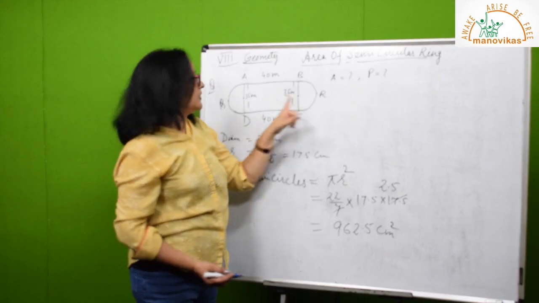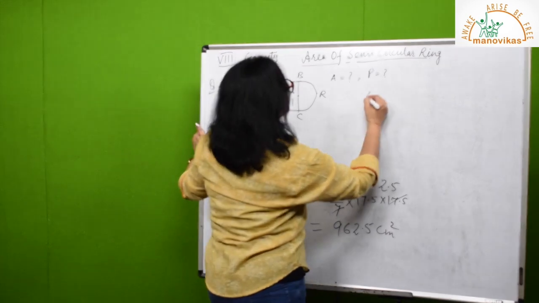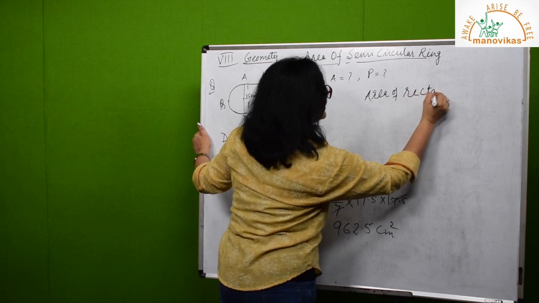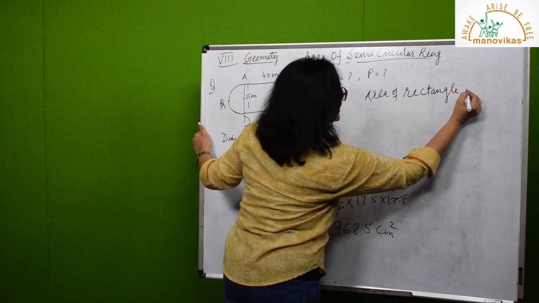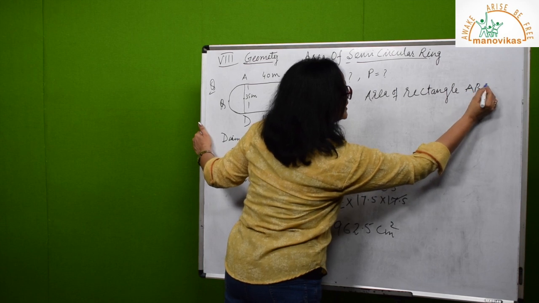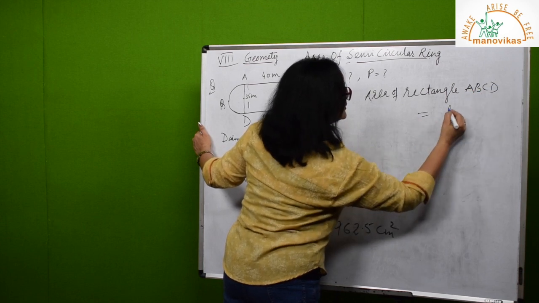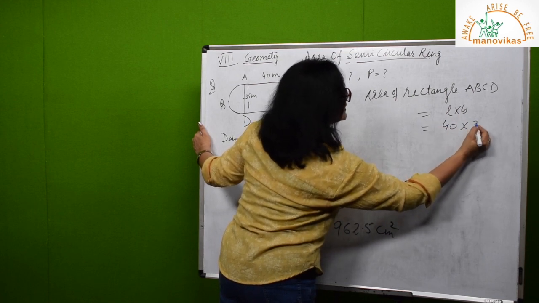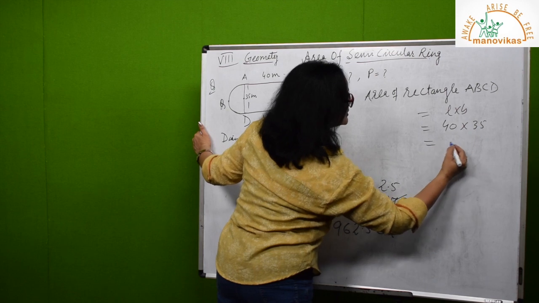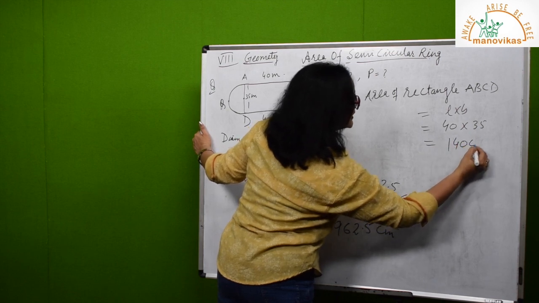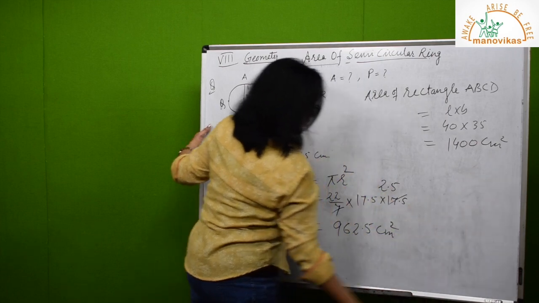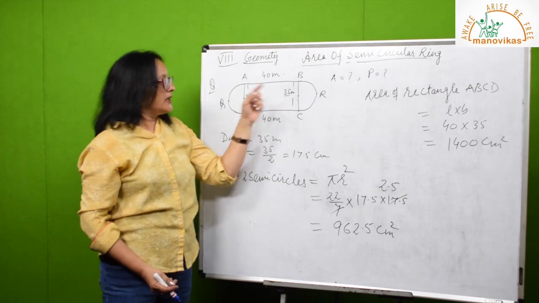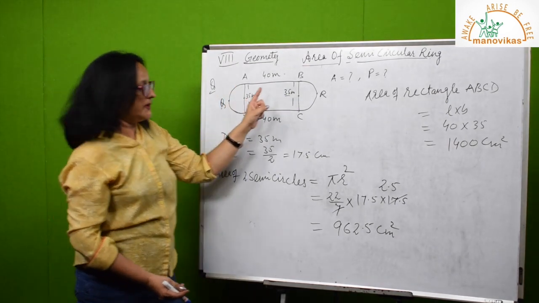Now we will find the area of the rectangle. So area of the rectangle ABCD. You know the formula for area of the rectangle, length into breadth. Length is here 40 meter and breadth is given as 35 meter. So you get here 1400 centimeter square. So we got the area of rectangle, area of two semicircle. So area of this whole figure will be,